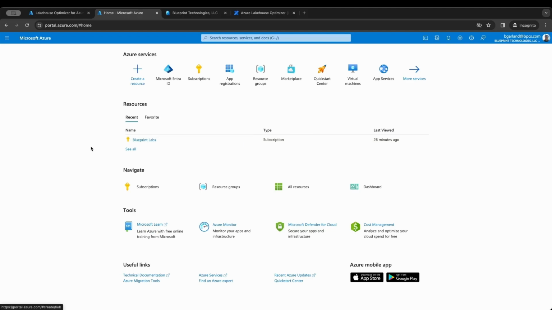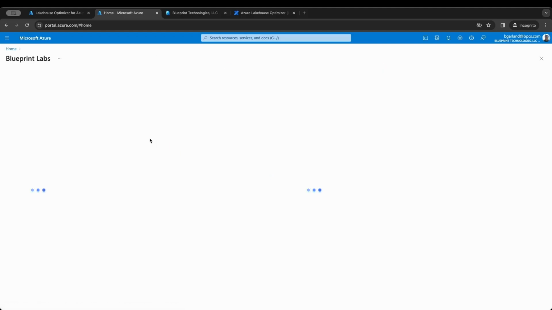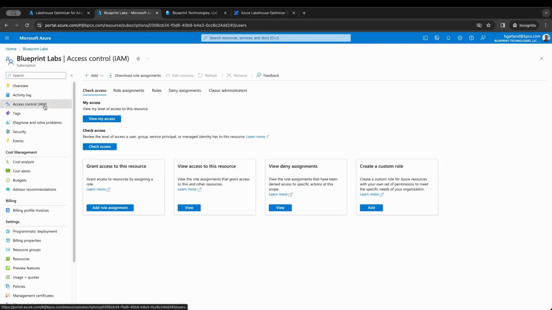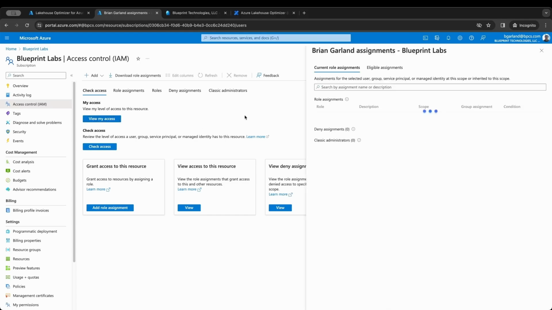subscription where you have permission to manage resources. Additionally, to configure Lakehouse Optimizer to run cost analysis on any given subscription, you will need to be assigned a role of User Access Administrator or higher for each subscription you wish to run analysis on. You can check your role by clicking on the subscription, then click Access Control IAM in the left-hand side navigation. Then click the big blue button View My Access, and your roles will be listed on the right-hand side of